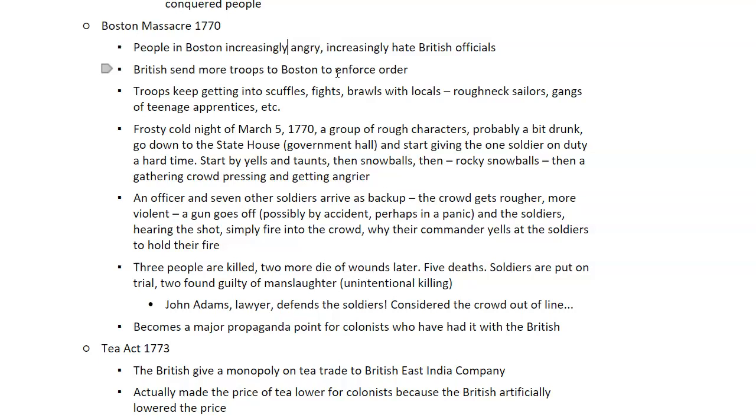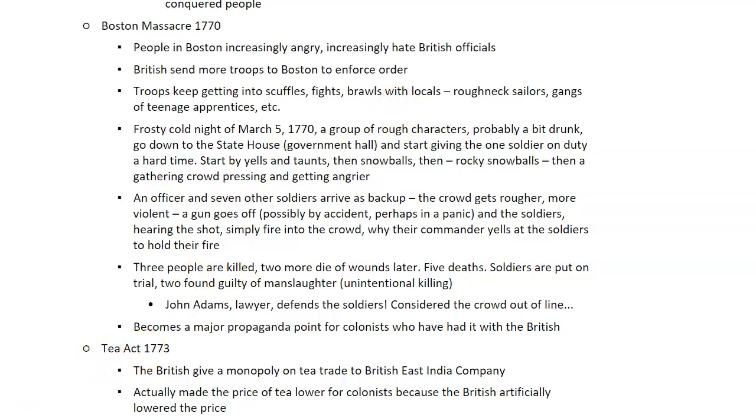He thought the crowd was completely out of line, completely lawless, and he did not want the cause of Americans fighting for their just rights as Englishmen to be tied up with a bunch of rowdy characters trying to beat up a soldier. But it became a major propaganda point for the